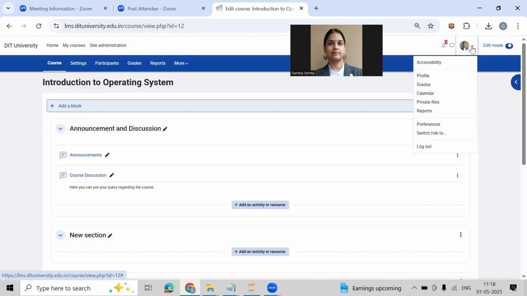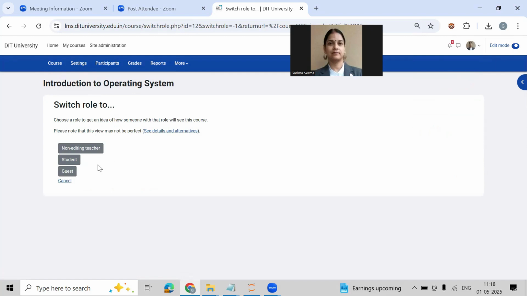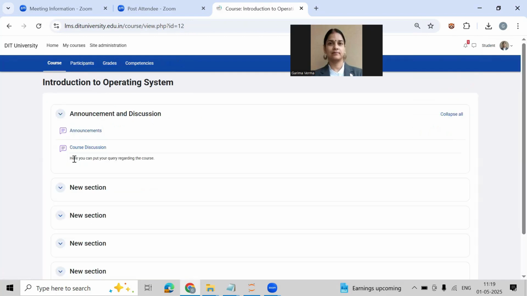Here on the top right, if you look, you will see your login and click on switch role. When you click on switch role, you will have various options. You wish to see it as a student, so click on student. Now you can see that the student will see the course page like this. So there is no edit option. The student can see the options that you have